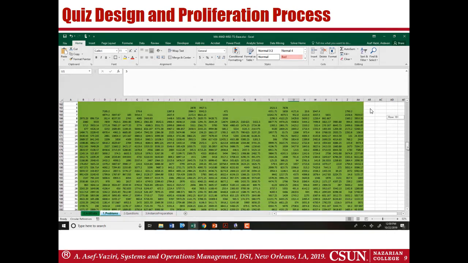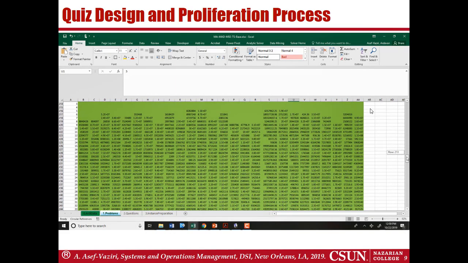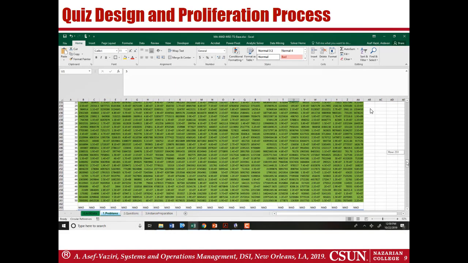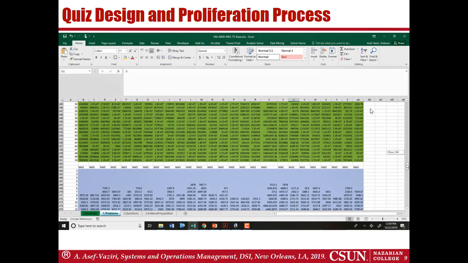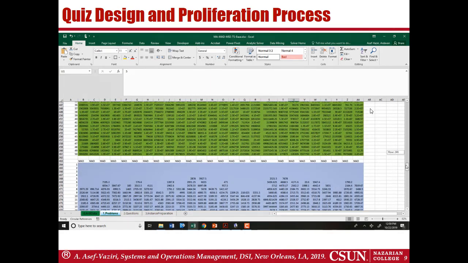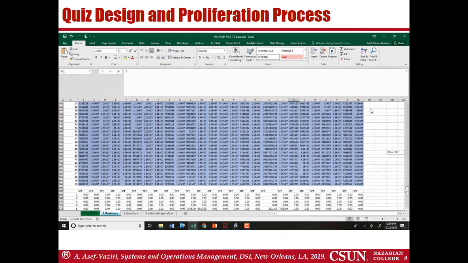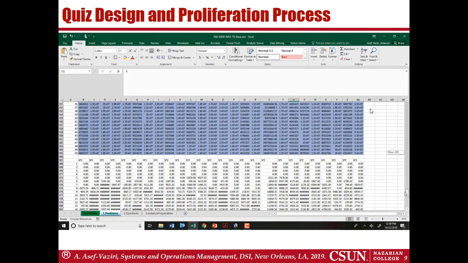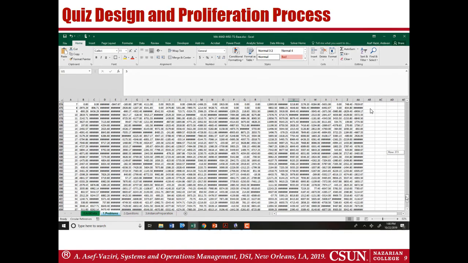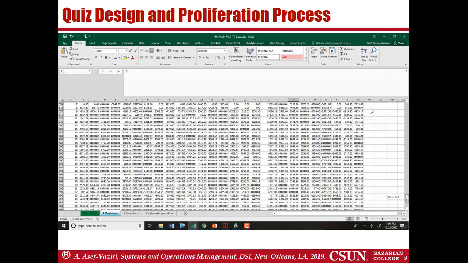Here is the absolute value of the gap. Here is the square of the gap, because among the questions we have both MAD and MSE. So here are MAD computations for every month of each of those instances. Here are MSE computations. Here are the sum of the forecast errors, and the tracking signal is the sum of the errors divided